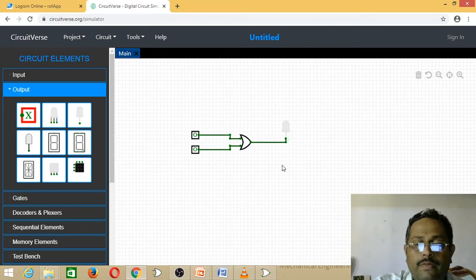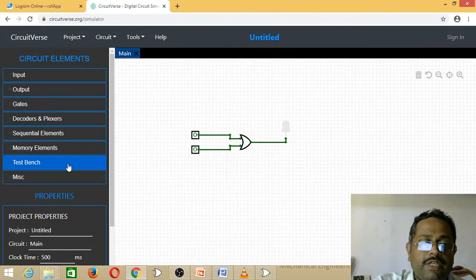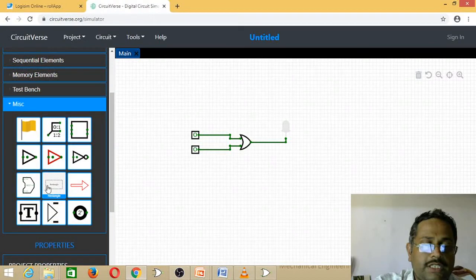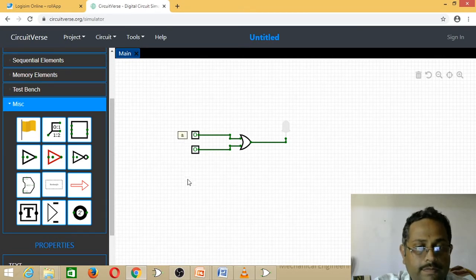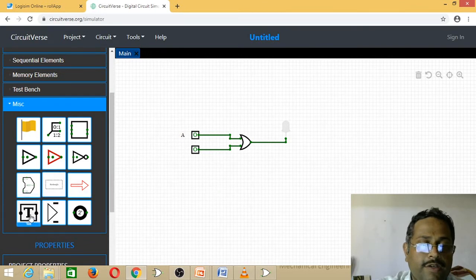After completing the connections, we can add the text also here under miscellaneous, text. Place it here. A. The same way you can make a labeling.